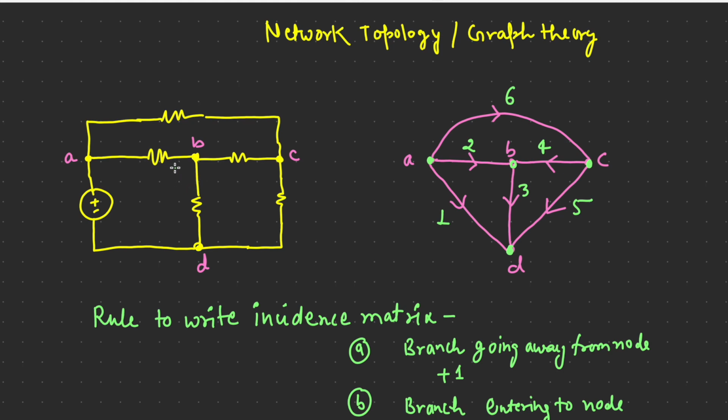nodes. In this, as we can see in pink color, I have denoted the nodes. So there are four nodes in this circuit: A, B, C, and D. Nodes we can consider at a place where minimum two or more than two branches are entering or leaving. So interconnection of more than two branches can be considered as a node. So as you can see, from node A, three branches are connected. From node B also three branches are connected. Same way for C and D.